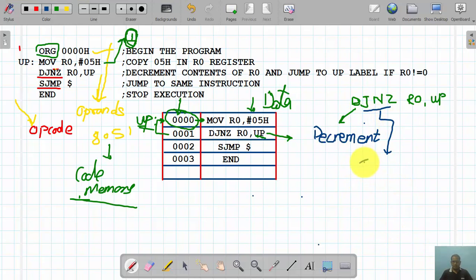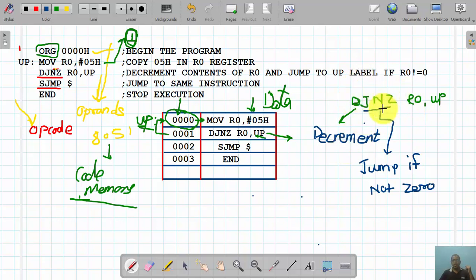So D stands for decrement and JNZ stands for jump if not 0. Now what to decrement, and where to jump if not 0? That we will now discuss.